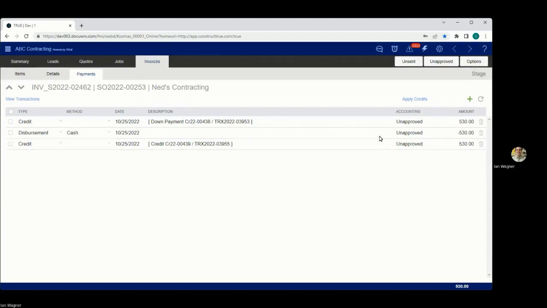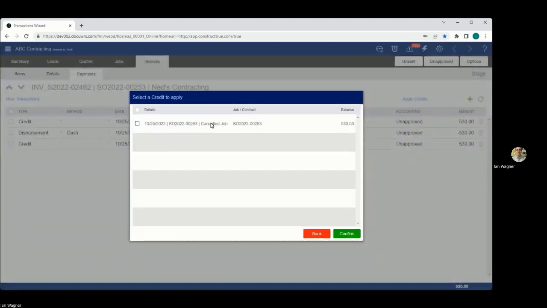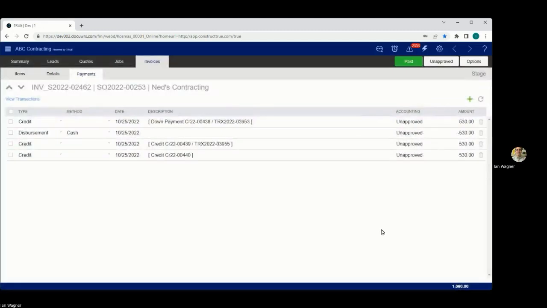Using the apply credit button, lo and behold, here's our newly created credit. We use that canceled job description, so we've got a real nice way to identify that this is the record that we want to actually apply to our final invoice. Upon selecting confirm here, we can see we've got a total,